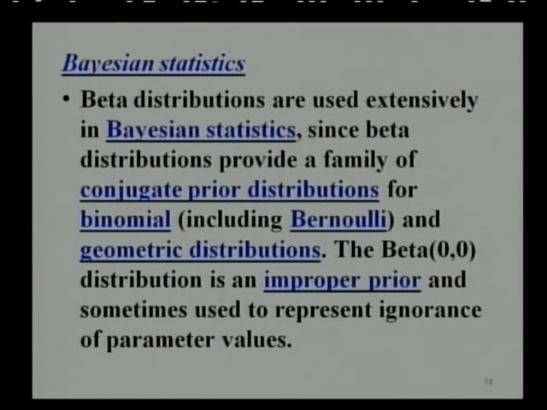In Bayesian statistics also, the beta distribution has its applications. Basically, when Bernoulli trials are repeated n times, we get the binomial distribution, and geometric distributions are also a case of n independent Bernoulli trials. Therefore, in Bayesian statistics also, the beta distribution plays an important